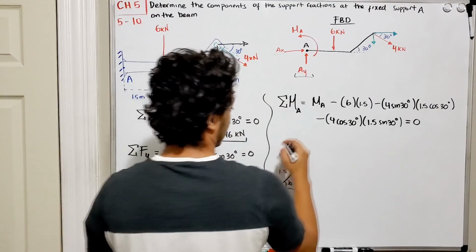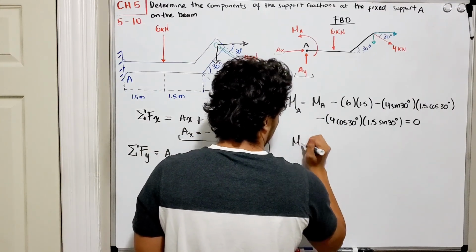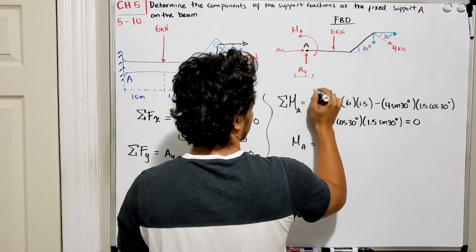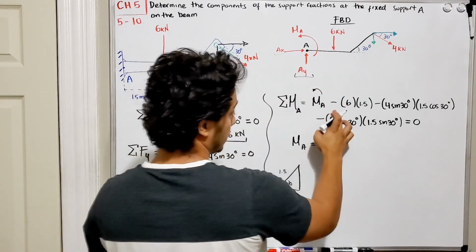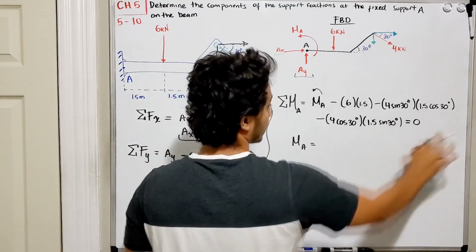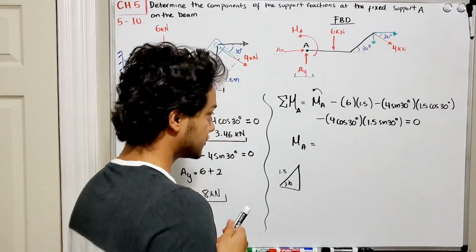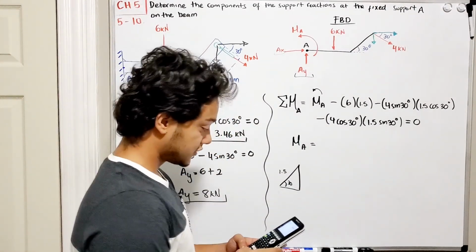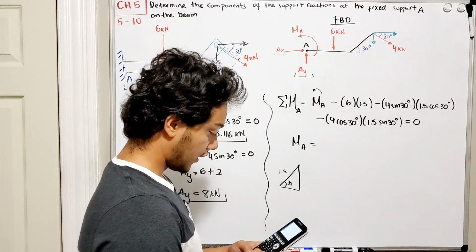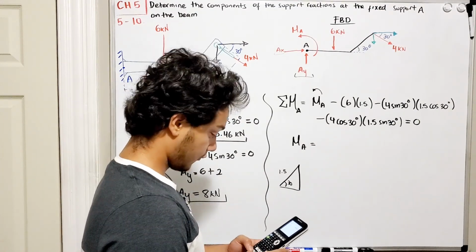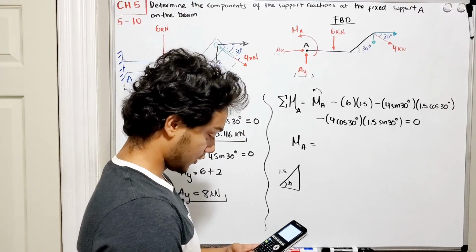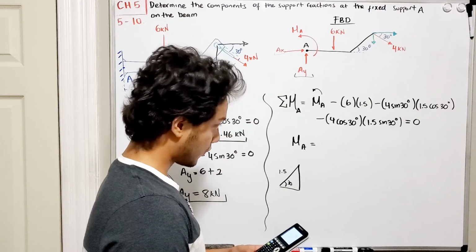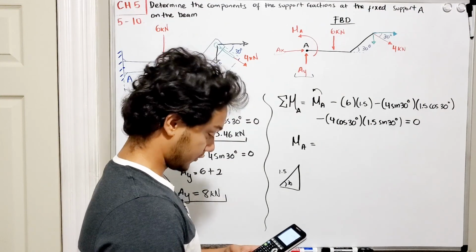So basically, if we solve for moment A, this guy, which is in this direction, will be equal to the addition of all these guys up. So let's see how much that is. We use our calculator for that. So first it's going to be 6 multiplied by 1.5. Then we add 4 multiplied by sine of 30 multiplied by 1.5 cosine of 30 degrees